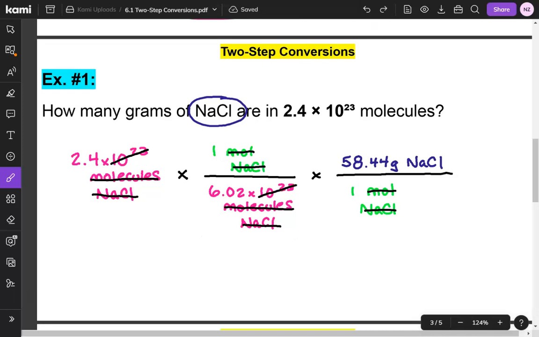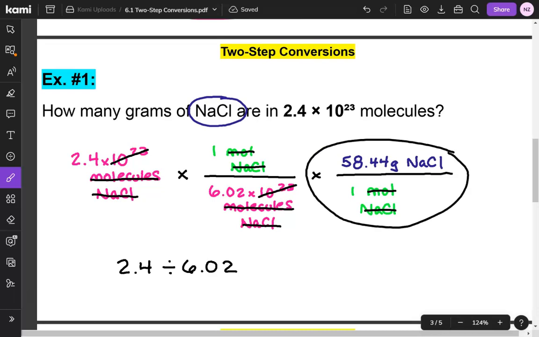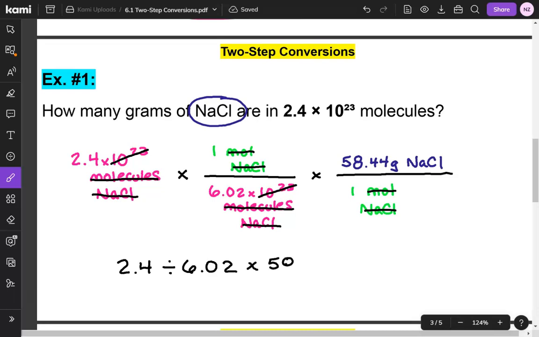So when I enter this in my calculator, it's going to be 2.4 divided by 6.02. And then for my last calculation, I'm multiplying 58.44 over 1. Any number over 1 is just that number. So I'm going to multiply by 58.44. When I plug that into my calculator, I get